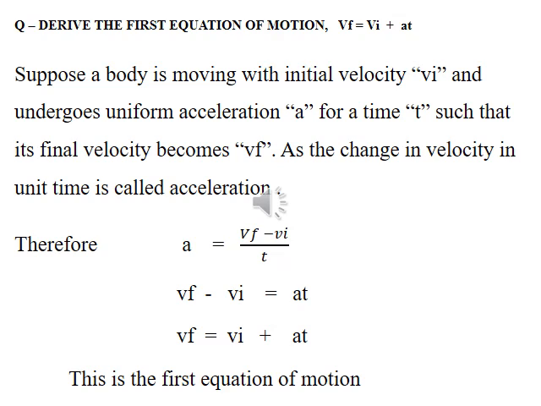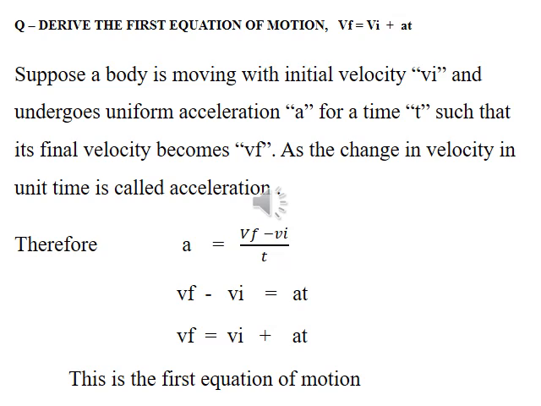In this statement you see, what are you seeing here? A body is moving with some velocity, with some acceleration, and acceleration is not increasing or decreasing. That means the body is moving with uniform acceleration for some time. After some time t, its velocity becomes Vf. It means velocity changes from Vi to Vf, and change in velocity in unit time is called acceleration.